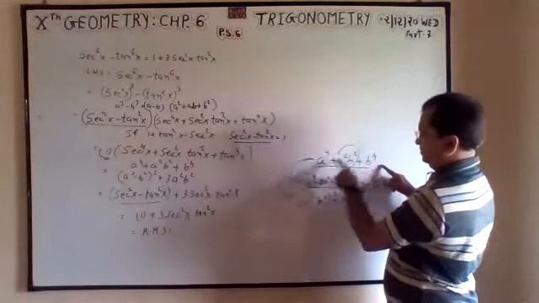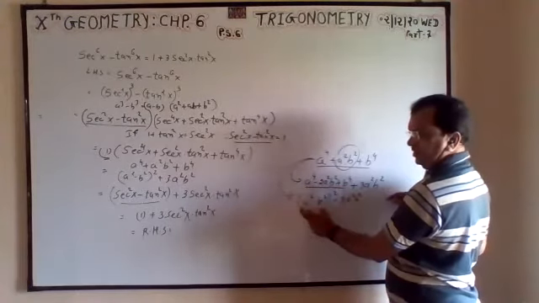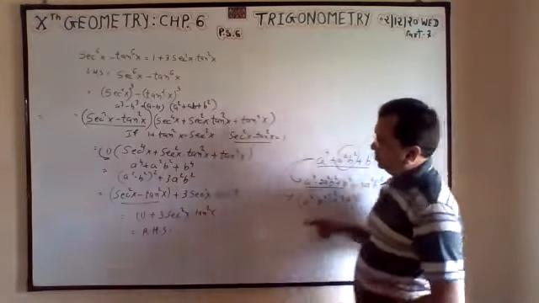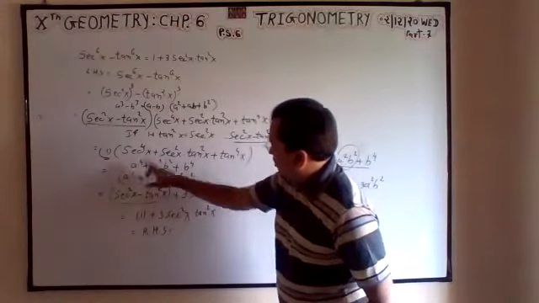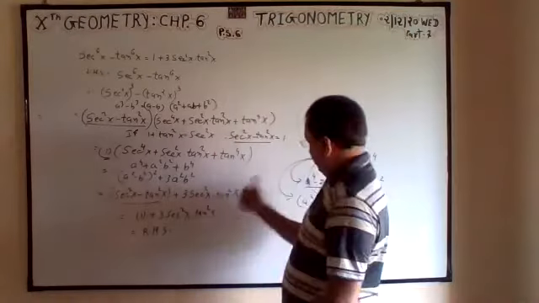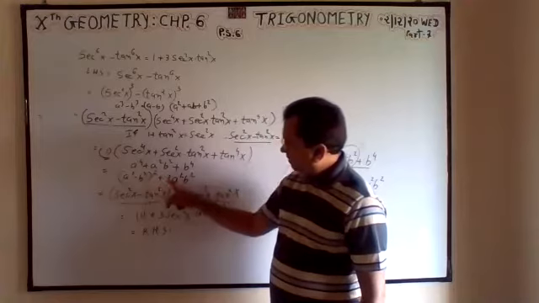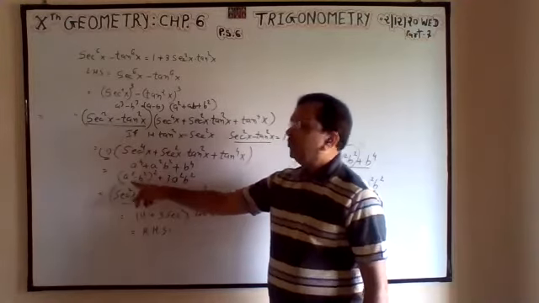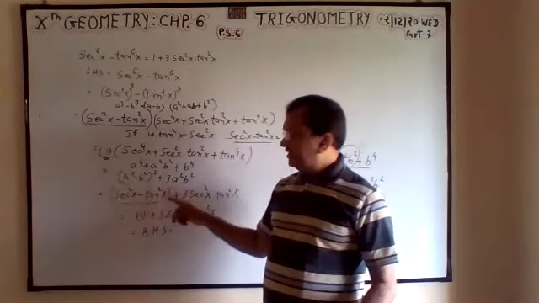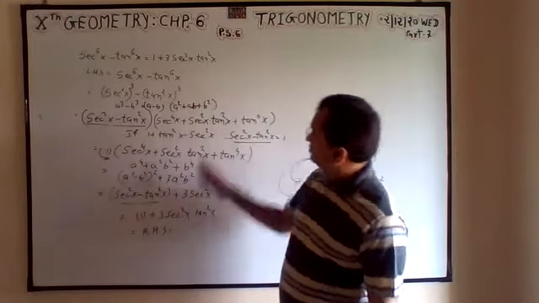That is this. This I can write in this way. When I convert this into the perfect square, so ultimately it converts into this form. So this a cube, a raised to 4, b raised to 4, a square b square, it will convert as per this: a square minus b square, total square, plus 3 a square b square. Now every a is sec, so sec square, every b is tan, so tan square, 3 sec square tan square. Again this is 1, and that you want.